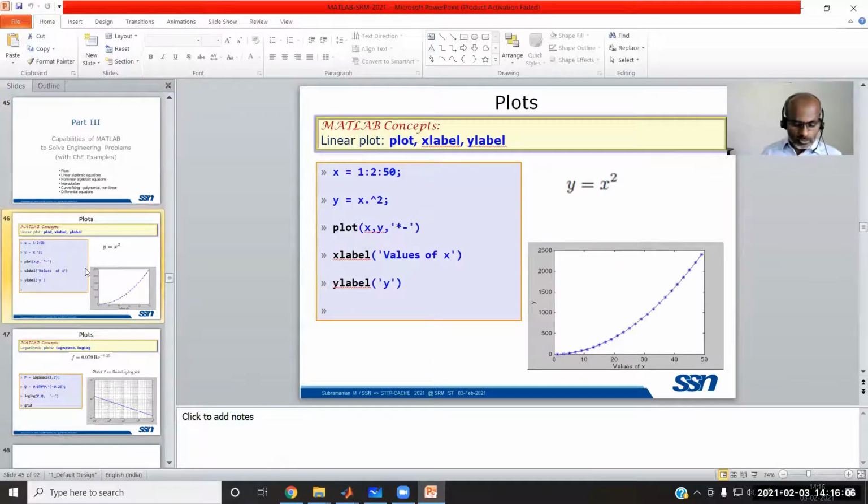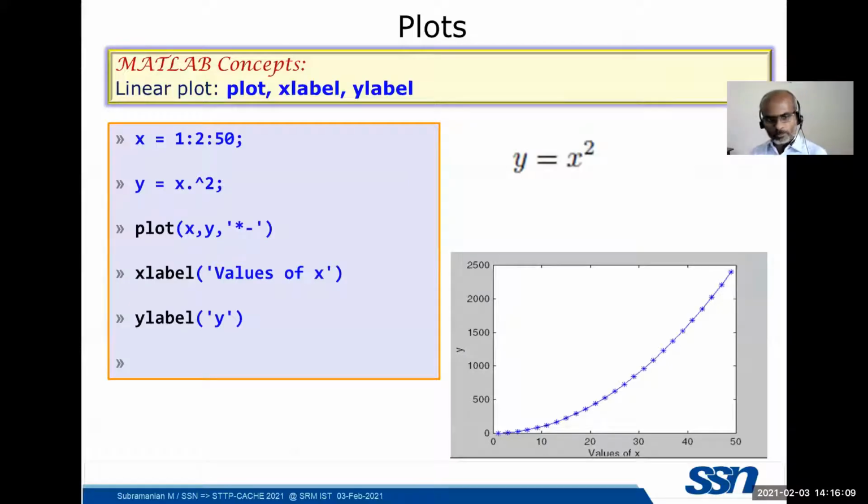So we discussed the linear plot, the simple plot. The plot command is the simple linear plot. Like xlabel and ylabel, you can also set the title for this graph with the title command, and within the brackets, enclosed in single quotes, you can give the title for the graph. You can explore this by simply typing help followed by a space and plot, which will give you a lot of associated operations.